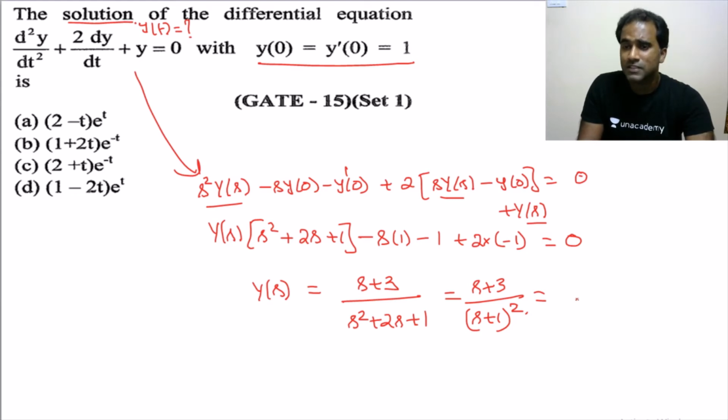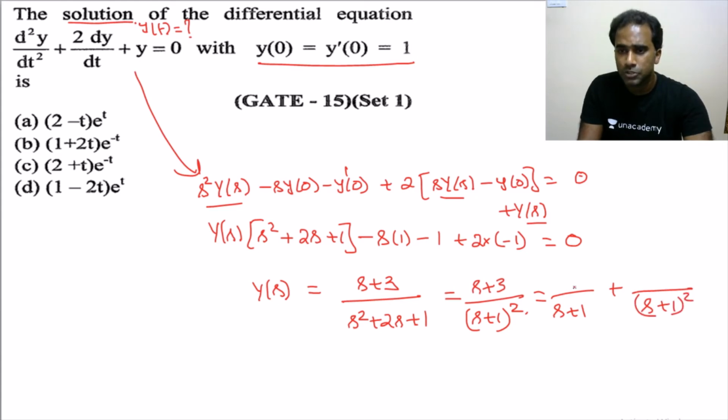The first step in the procedure is to find the partial fractions. The partial fractions for this Laplace transform is s plus 1 plus 1 by s plus 1 whole square. Can you tell me what should be the value here? It could be 1, and here it should be 2 units. I think that should be sufficient. Yes, s plus 1 plus 2, it is sufficient. Now if you find the inverse Laplace transform, 1 by s plus 1